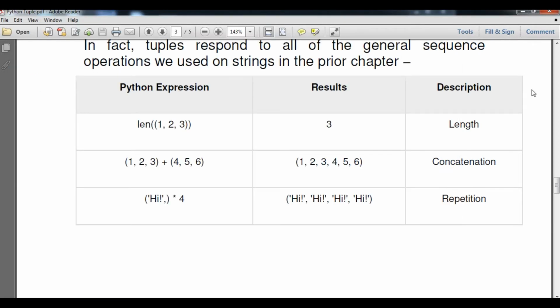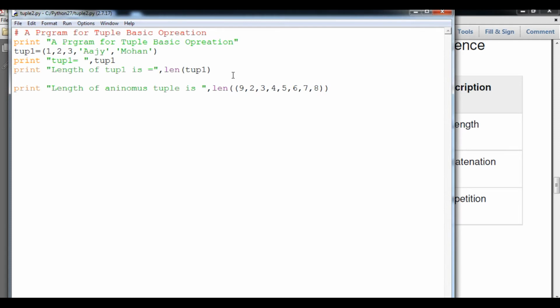Now we are going to understand the next functionality, concatenation. It will again result in a tuple. So here are 2 tuples, (1, 2, 3) and (4, 5, 6). If we add them together, it means we concatenate them together, and it will form a single tuple again. So let's do it practically. What I'm going to do, students, is comment this out because I don't want to make this one a part of the program temporarily now.